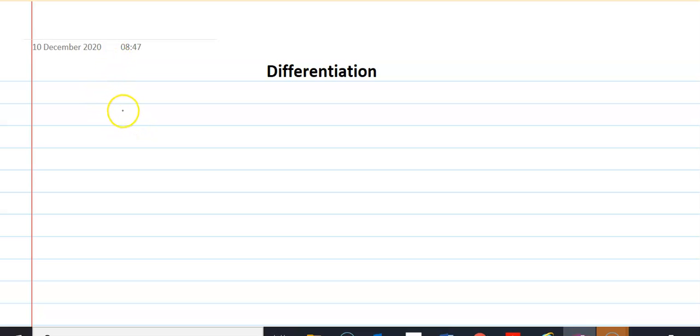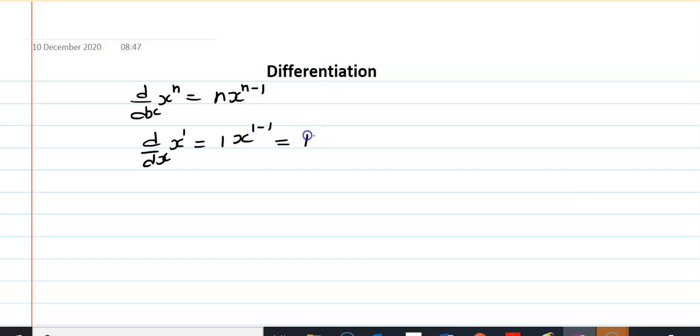Hi, dear students. We are learning about differentiation today, and whatever we have done so far in the lesson, let's go over it quickly. So we have learned so far d over dx of x to the power n becomes nx^(n-1), and d over dx of any power of x. Suppose here is power 1, x to the power 1. So it will be 1x^(1-1), that is 1x to the power 0, and it will be 1 because any number which has power 0, its value is 1. So d by dx of x is